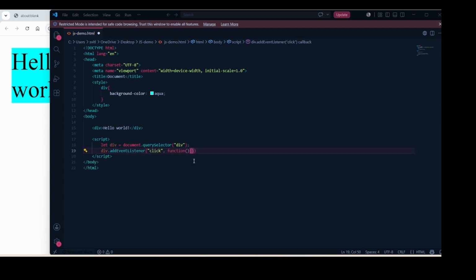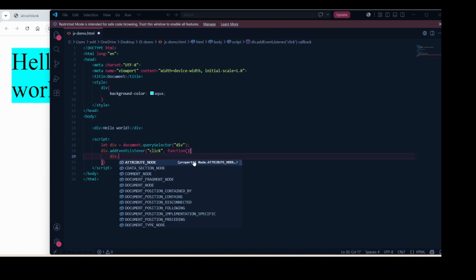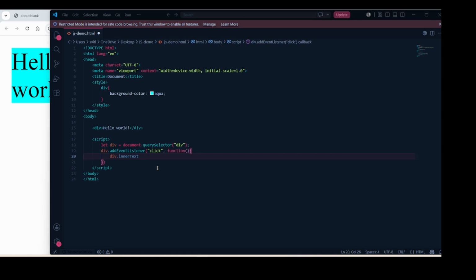The logic of this function will be changing the inner text. Just for fun,